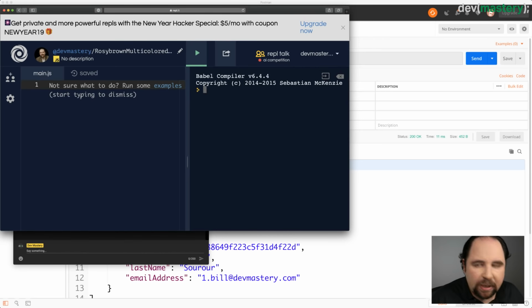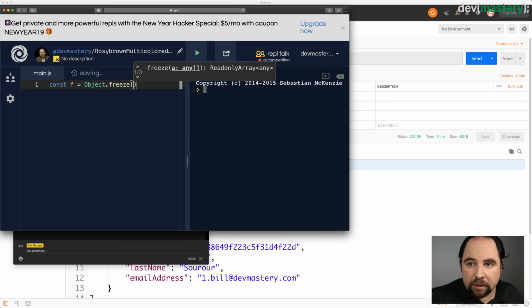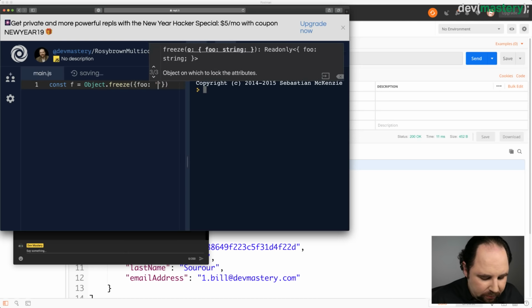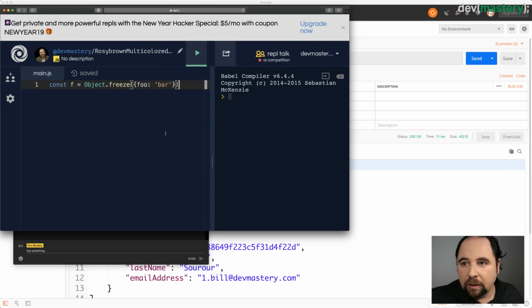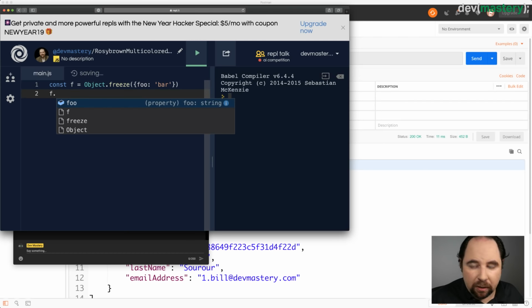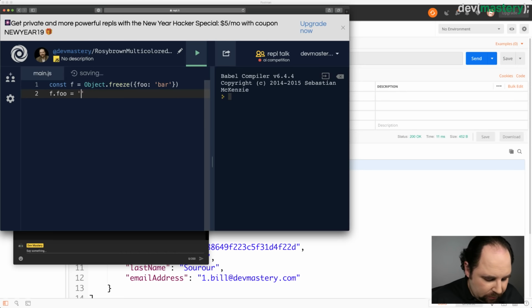All right, so let's make an object, f equals object dot freeze. Sorry for the foo barring, but I'm old school. I come from the world where we called everything foo bar. Okay, so f is now a frozen object. So if I try to go f dot foo equals baz, and do that,